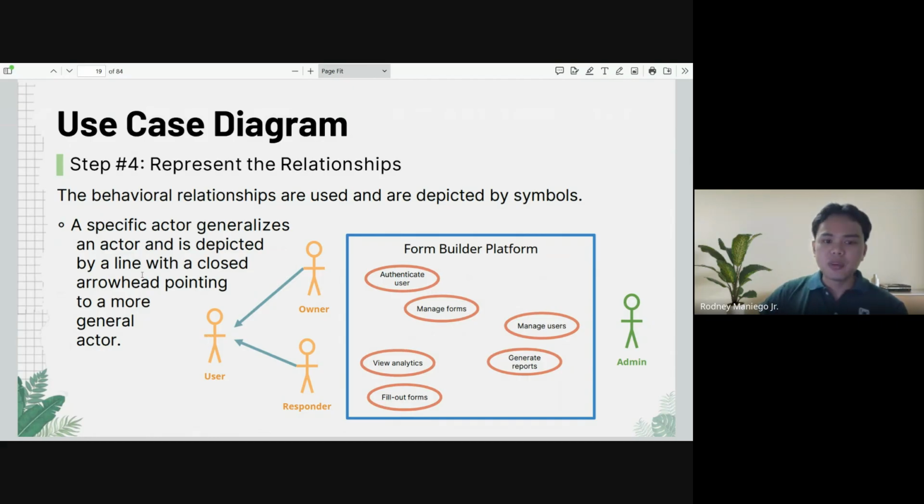So as you can see, before we provided the owner and responder. This owner and responder are basically all users. They are just set to this very specific type of user based on who created the forms. For example, in an e-commerce website, it depends on your solution. It depends on your decision if you want to create a separate group of entities